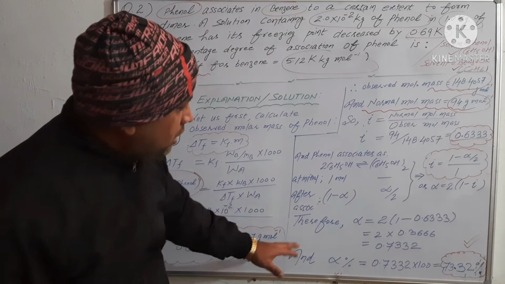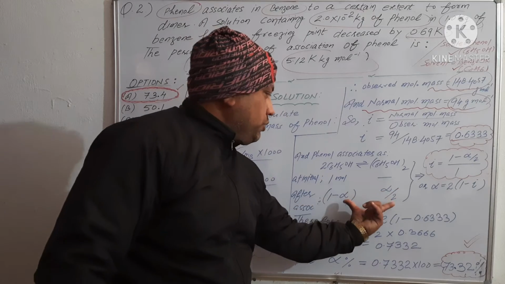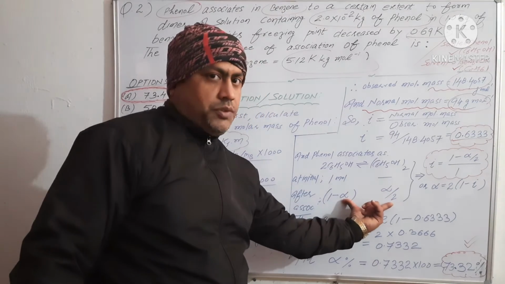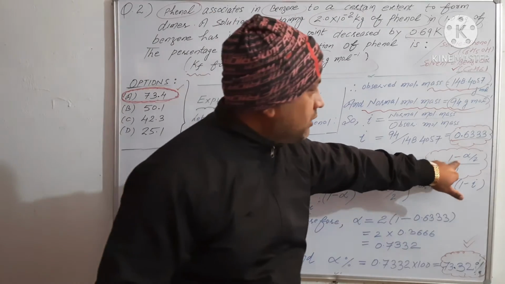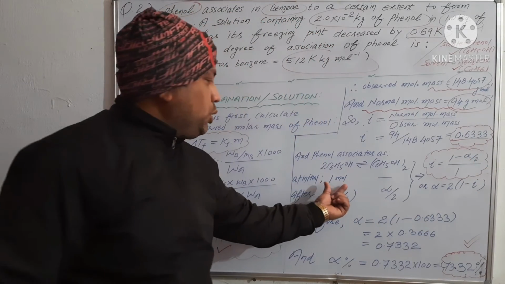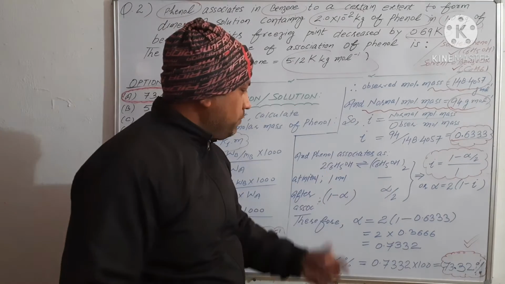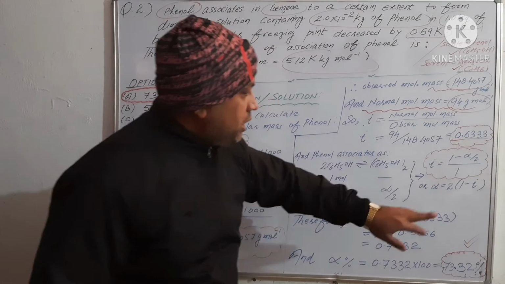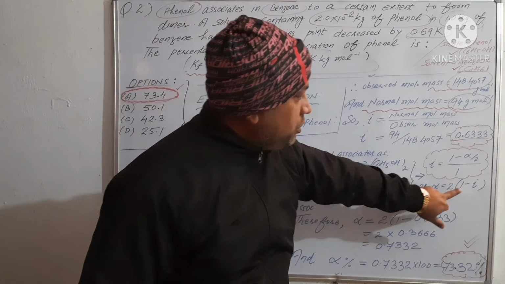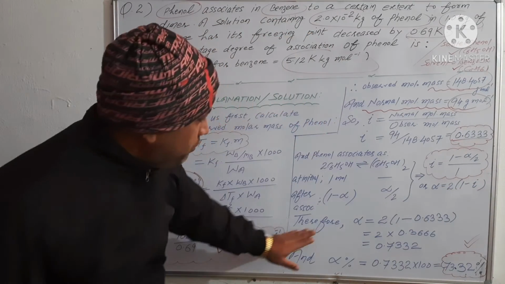So the total number of molecules after association is 1 minus alpha by 2, divided by the total number of moles taken before association, that is 1 mole. Finally we find this relation, and when we use the value of i,